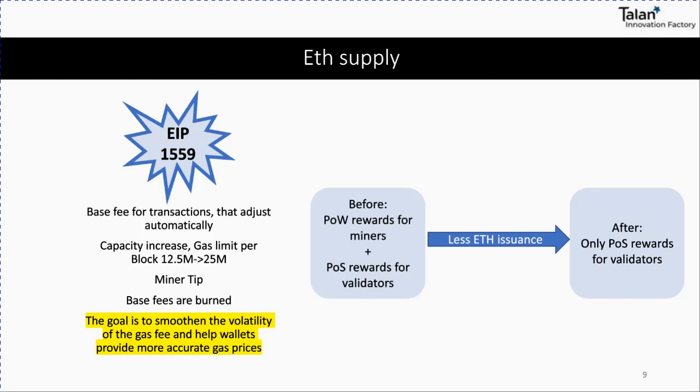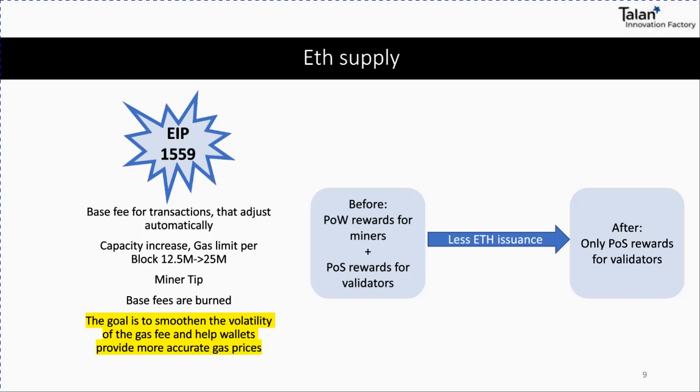Miners will increase the gas limit and create blocks with 25 million as the gas limit, and this will tell the network that we are now at the limits of the execution and we need to find a solution. I forgot to mention that we also have a new thing, the base fee for transactions,